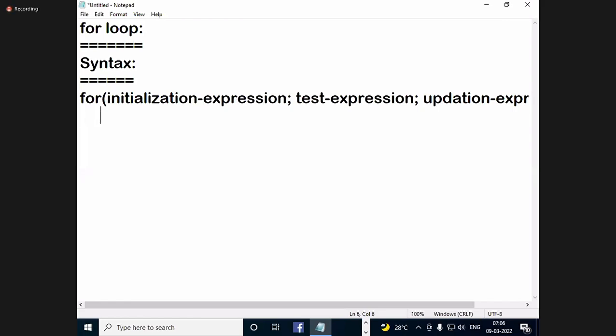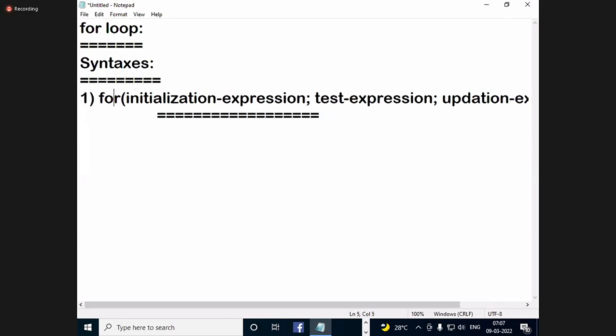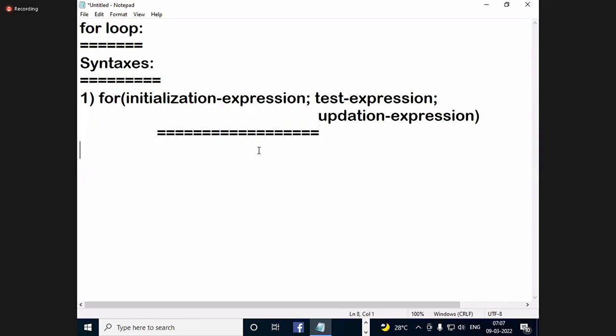If only one statement is there, no braces needed. Second one, for loop, I am writing IE, that means initialization expression, TE, test expression, UE, updation expression.